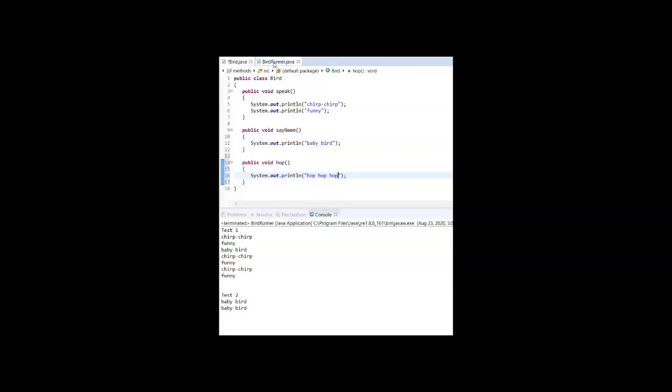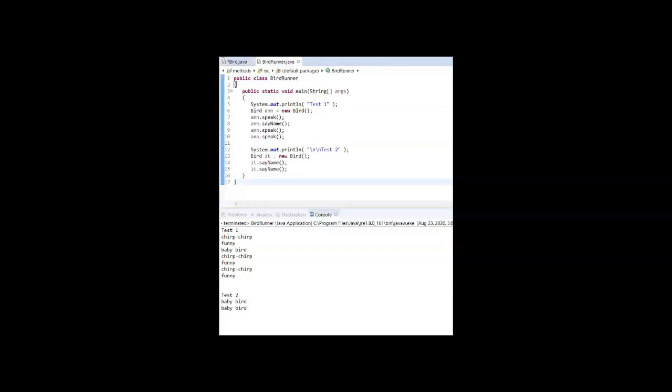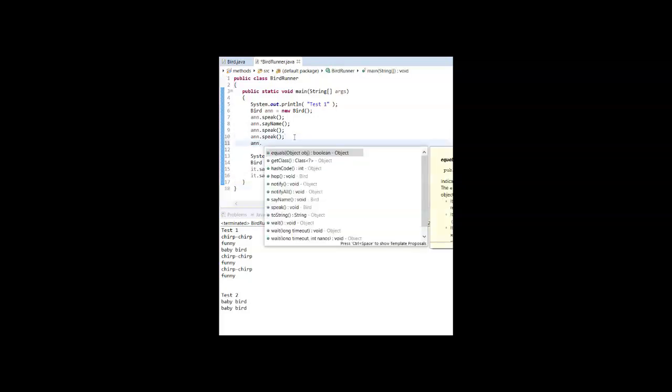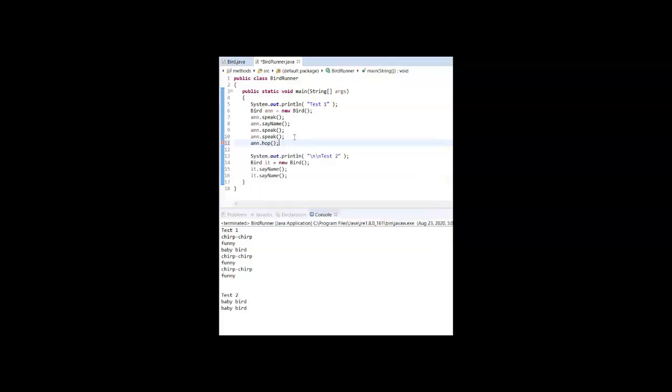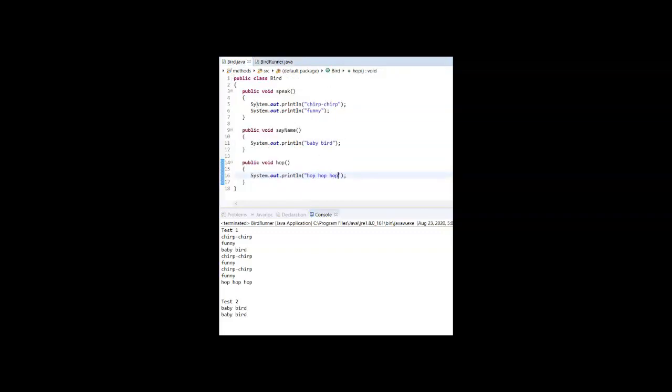So now we're going to go over here and run BirdRunner. Notice it didn't print out hop, hop, hop. It didn't print out hop, hop, hop because we didn't go into the actual code and call the hop method to make that happen, right? So now that we've actually called the hop method and we run the code again, in our first chunk of code it's going to print out hop, hop, hop at the end because we actually made that call. So the name of the method is hop. The parameters, it doesn't have any. That's why there's nothing inside the parentheses when we make the call or when we made the definition. So anytime